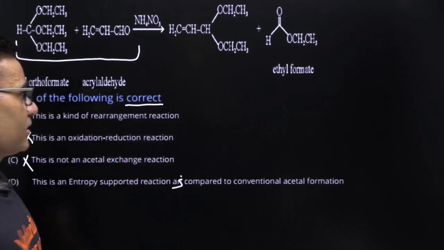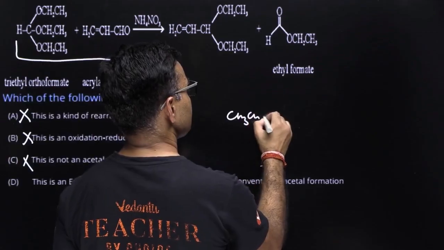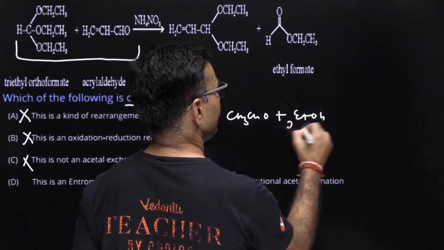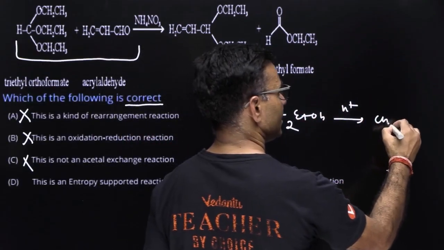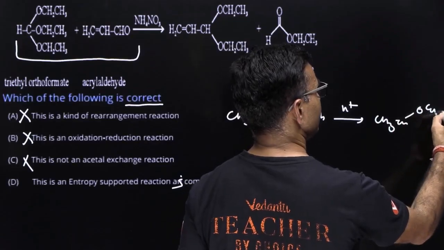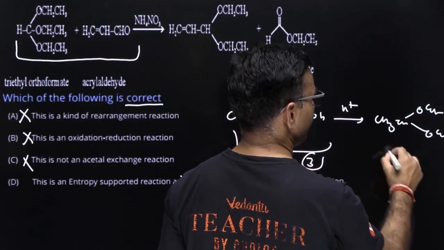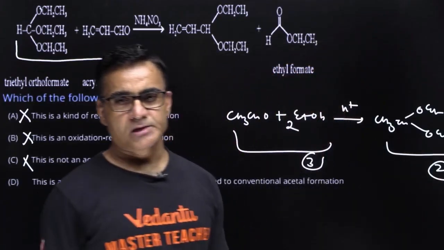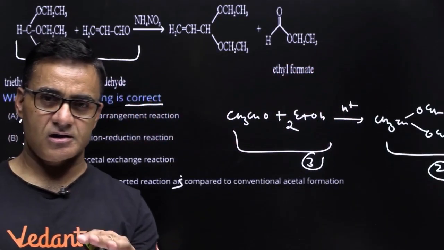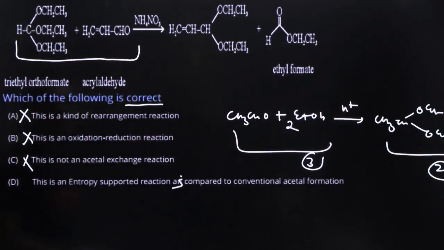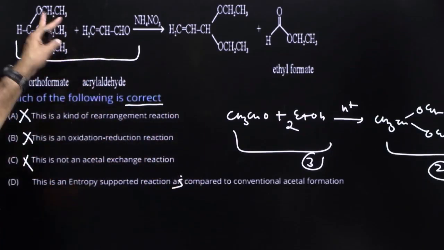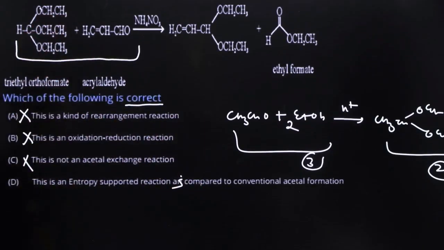जबकि जो एसिटल फॉर्मेशन होते हैं उसमें 2 एल्कोहल मॉलिक्यूल होते हैं, एक एल्डिहाइड कीटोन होता है और उससे एसिटल बनने के साथ एक वाटर बनता है। यानी जब आप एसिटल बनाते हो, जैसे मान लो CH3CHO प्लस ETOH के 2 मॉलिक्यूल इन प्रेजेंस ऑफ H प्लस, इट फॉर्म CH3CH(OEt)2 प्लस वाटर, राइट। तो यहाँ पे 3 मॉलिक्यूल गया और 2 मॉलिक्यूल बना, तो एंट्रोपी घट गया। तो ये बेसिकली एंट्रोपी का घटना एक तरह से नेगेटिव होता है रिएक्शन के लिए, तो एंट्रोपी सपोर्टेड नहीं है, तो इसके कंपैरिजन में बेटर एंट्रोपी सपोर्टेड रिएक्शन है। दैट्स अ गुड क्वेश्चन। ऑलराइट, तो डी ऑप्शन आपका करेक्ट ऑप्शन हो गया।